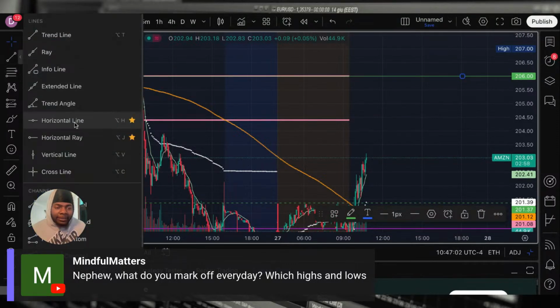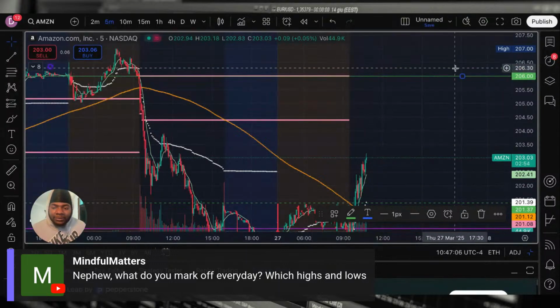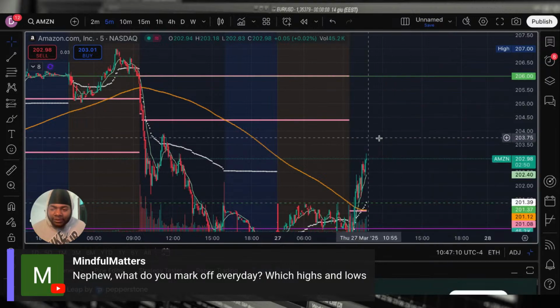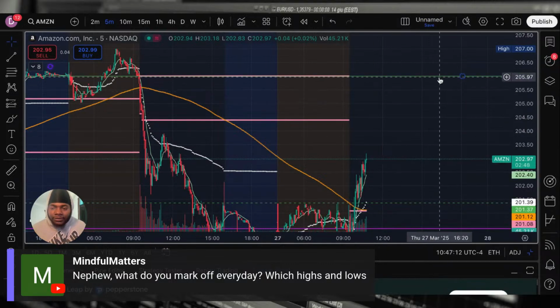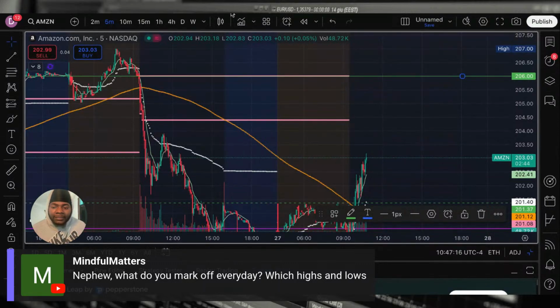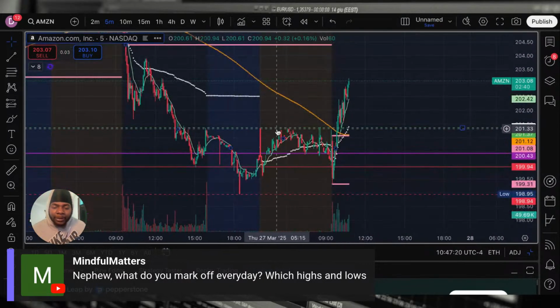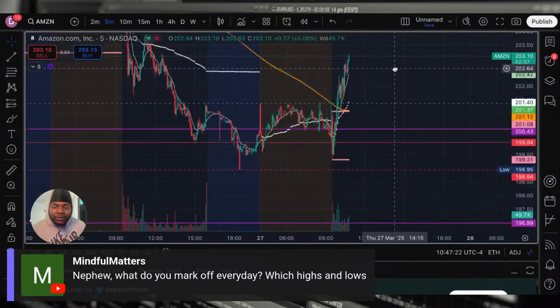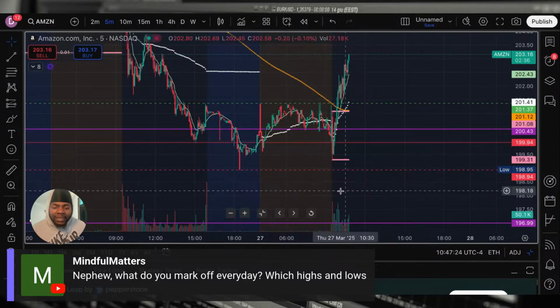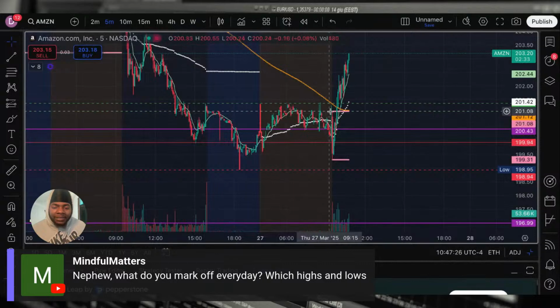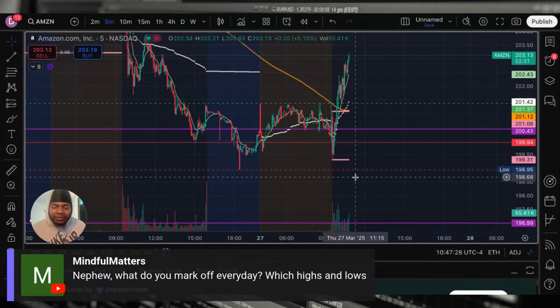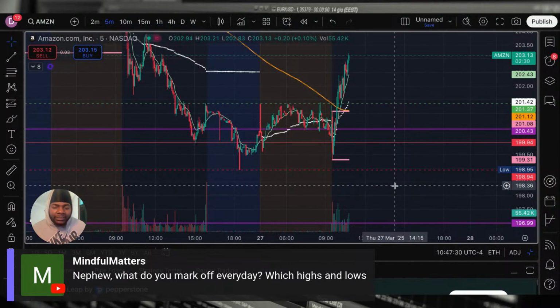And all it is, is a regular horizontal line on TradingView. That's all that is. Once you mark a horizontal line, you can edit it to whatever color you want. Mine is green. My highs are green, my lows are red. That's because if we break my pre-market high, I know I'm going to be in calls. Red means the stock is going down, the stock is losing money. I know I should be in puts if we're breaking below here. You get what I'm saying?